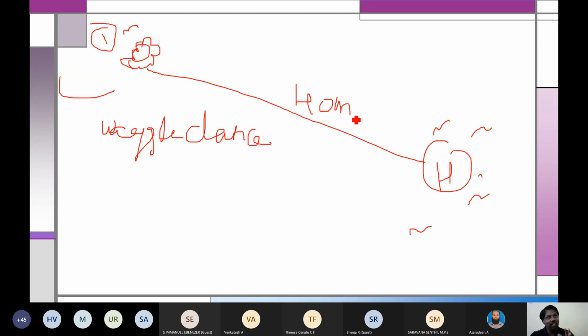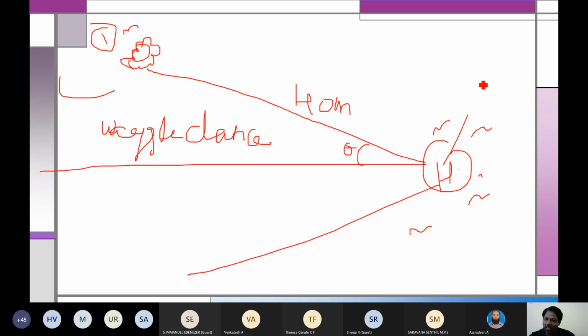Okay, so the other honeybees can understand by seeing the dance. They can understand he has found a food source within this distance. That is one thing. And the second is that this dance also indicates the angle at which the food source is there. Okay, this is a hive, it is at some angle, some theta. So this food source is at this angle, because the distance is 40 meters. But if you take a circle, they can go anywhere 40 meters, right? 40 meters is here also, 40 meters will be here also.